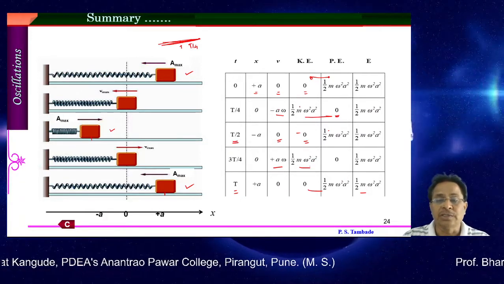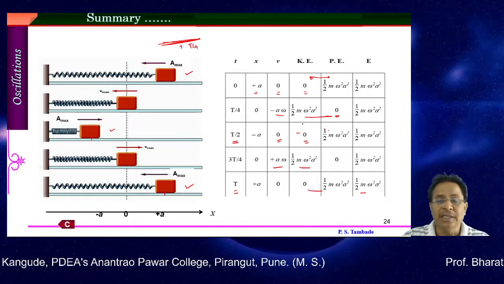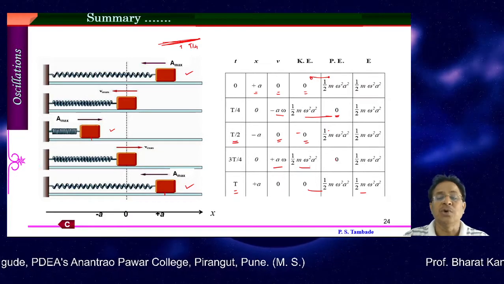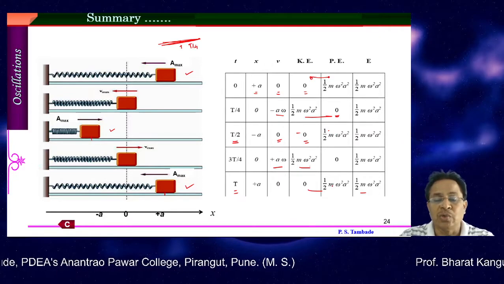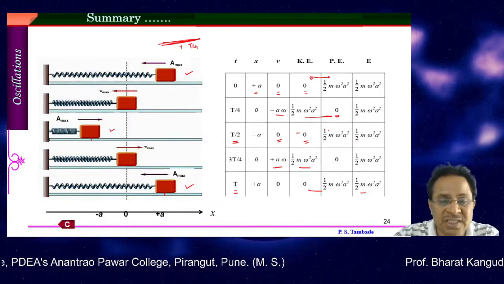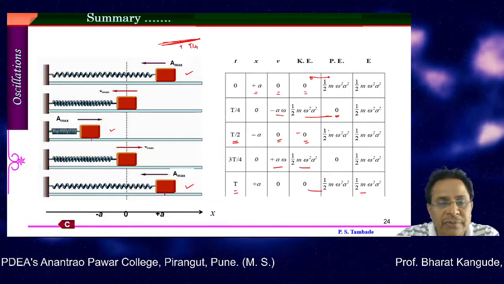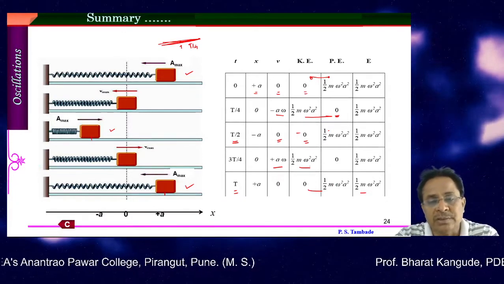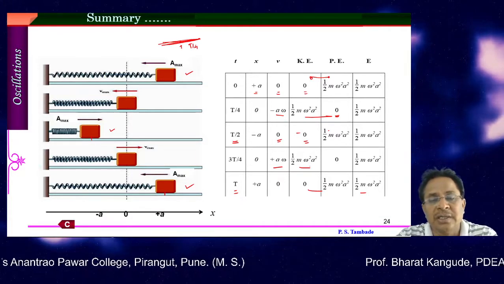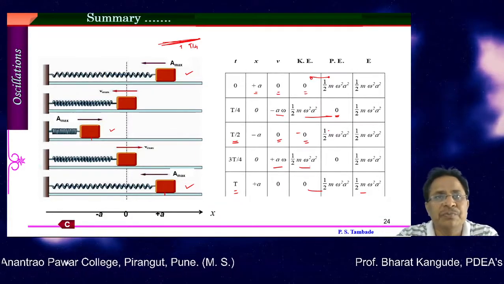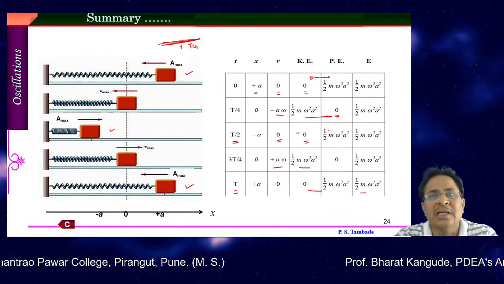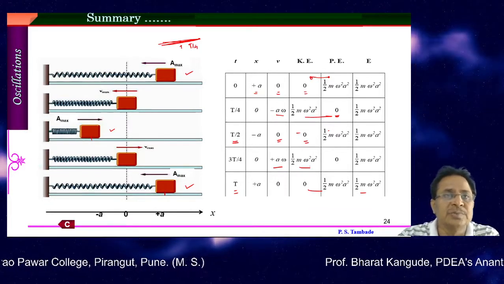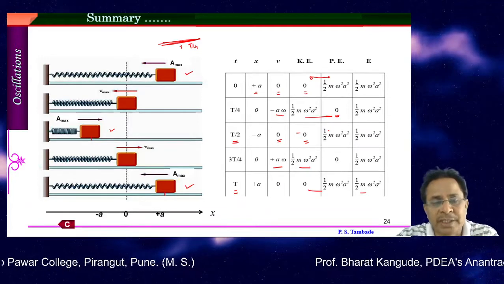Whereas there are 3 locations where kinetic energy is found to be 0, there are 2 locations where potential energy is found to be 0. So that can be understood, and this particular table is a summary of what I said. Looking at the different positions of the oscillator from the mean position, the total energy of the oscillator gets divided into kinetic as well as potential. Sometimes the entire energy is kinetic, sometimes the entire energy is potential energy.